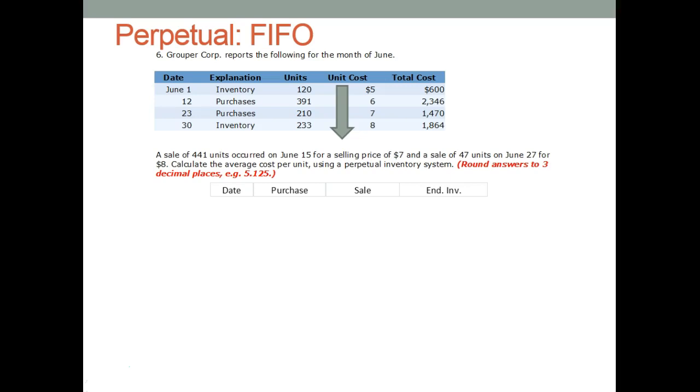So the focus of this entire chapter is how much is our unit cost. All right, so let's go ahead and start plugging in our table. So on June 1, we just have ending inventory, 120 units at $5 each. Okay, on June 12th, that's our next date, we buy some more inventory. $391 at $6 equals